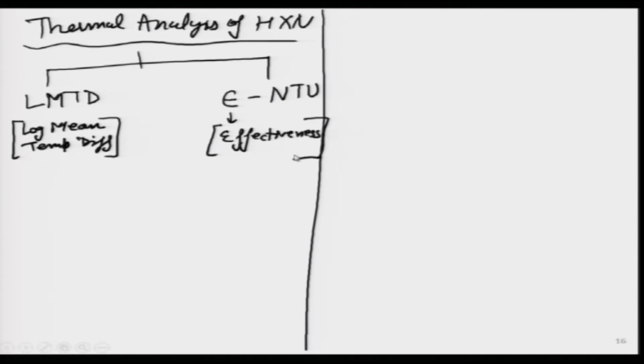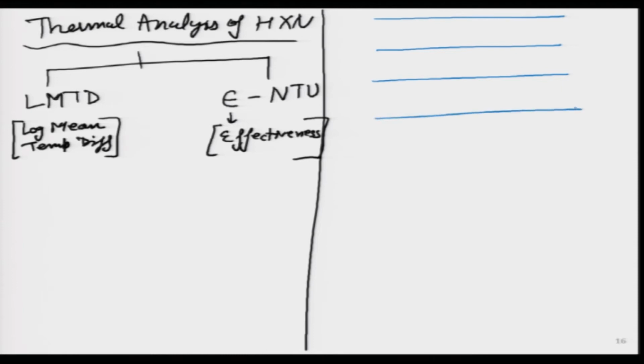So, where in this course have we studied before the term effectiveness? Can students remember? I think those of you who are revising it constantly will remember immediately that in the case of fins, which was the extended surface, that is where we were looking at effectiveness. Now, very interesting, in heat exchangers also we will look at the term effectiveness.